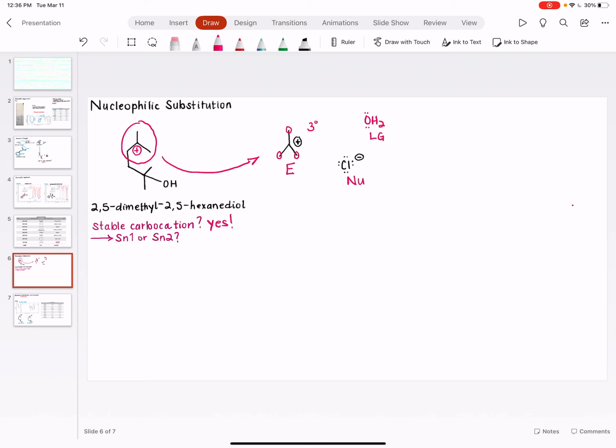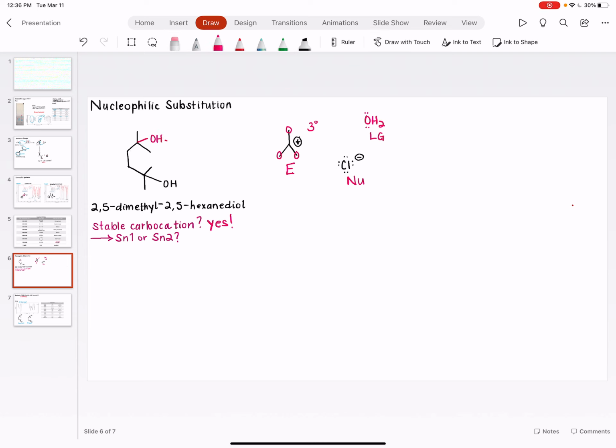Another question on your pre-lab asks if Sn1 or Sn2 is more favorable for this reaction. In order to figure this out, we can look at the diagrams given to you in the pre-lab. It asks you to choose the correct mechanism and show the arrow pushing pattern. So for Sn2, we have